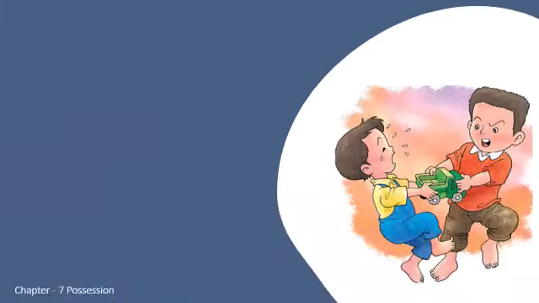Children, what can you see in this picture? Two kids are fighting. Can you see they are fighting for one toy? Both are snatching the toy from each other. This is mine, this is mine. No, this is mine. You people do that with your brothers and sisters, right? With your toys, you snatch your things, you don't allow anybody to touch them. Many a time small children do that, right?